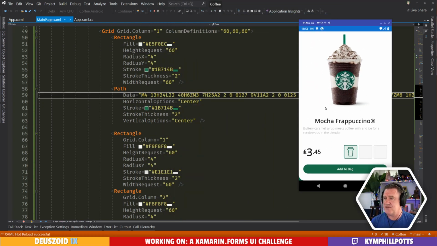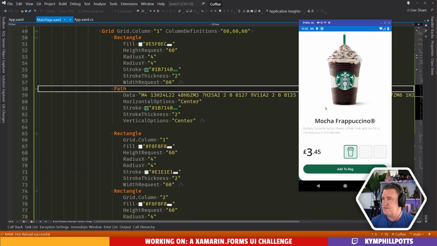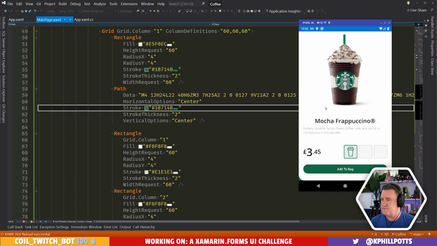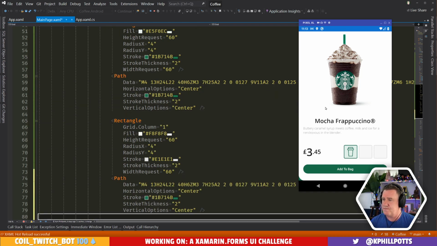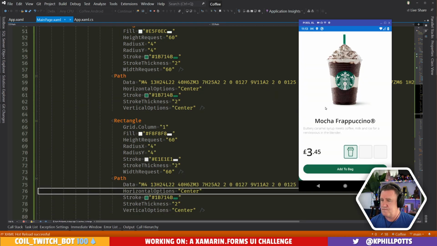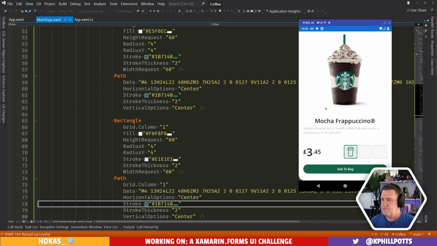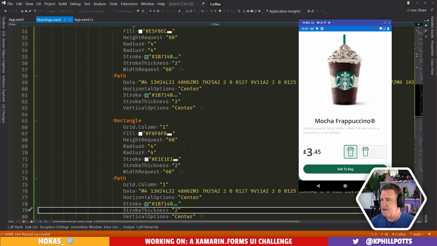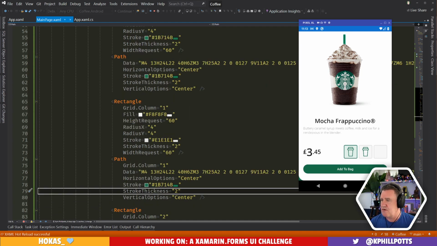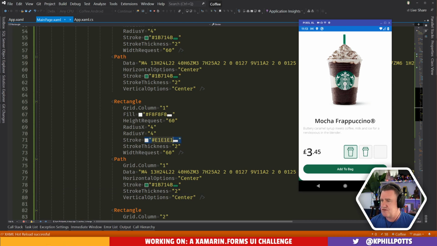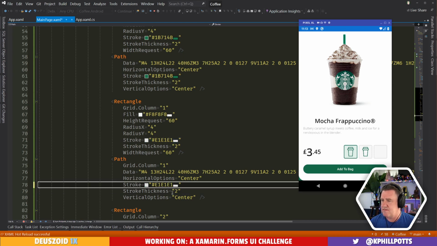Now the question is, if I'm going to add a path in for each of these, we get our cup there, and we probably want this to have a stroke, something like that.